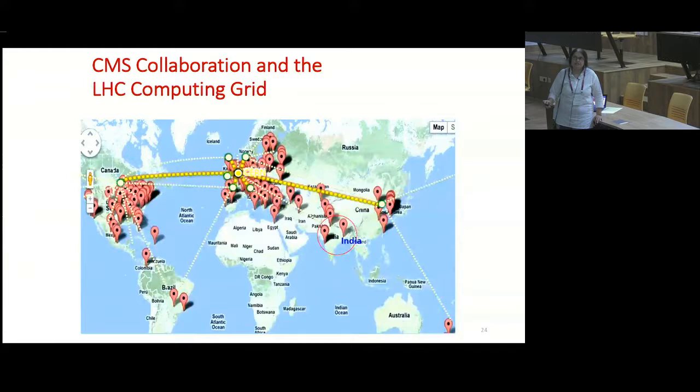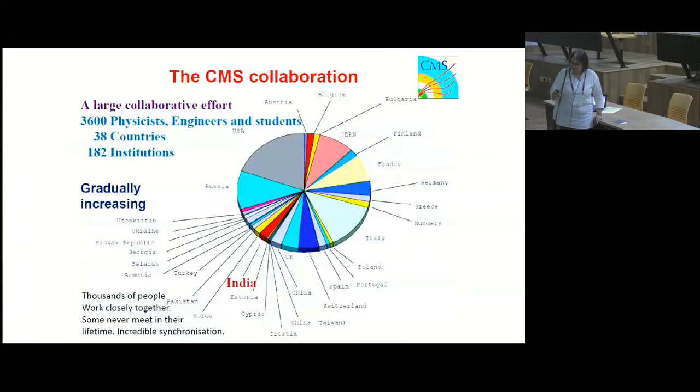We have 2 grid centers, one is at TIFR. Without this heavy computing in a parallel system, we would not have produced those results. And of course, the numbers have increased now: 3,600 physicists, 38 countries, and roughly 182 institutions. India is not a very small part of it. It is actually quite